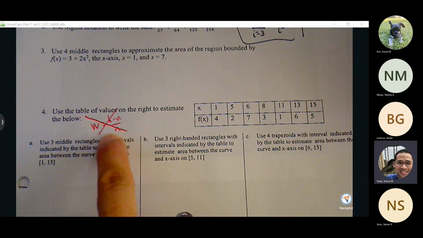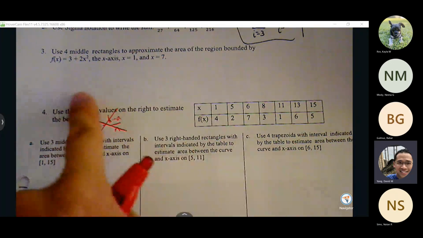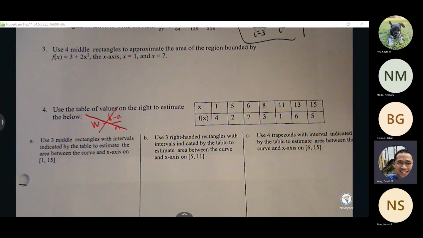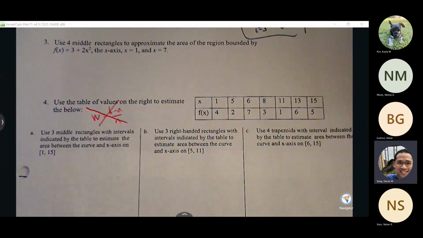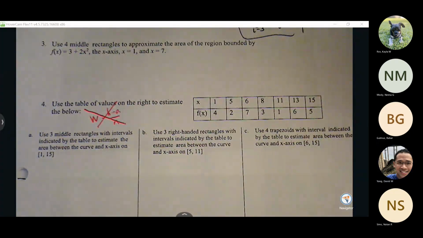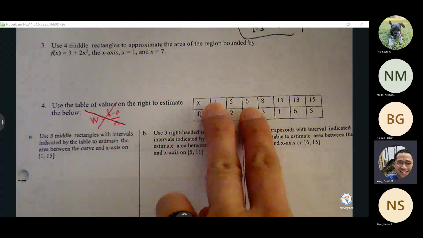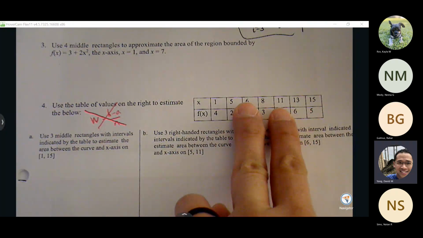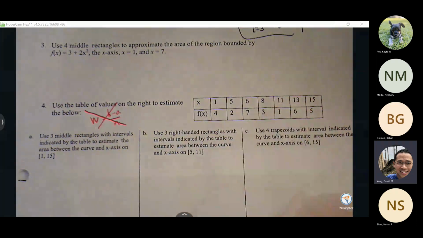And also, this would be if we want the width to be all the same, like number 3. But in this case, we have to pull the width ourselves. So part A says use 3 middle rectangles from 1 to 15. So we're going to span across the entire subinterval. One subinterval is going to go from 1 to 6, second subinterval from 6 to 11, third subinterval from 11 to 15. Every subinterval may not have the same width, but every subinterval will spread across the same number